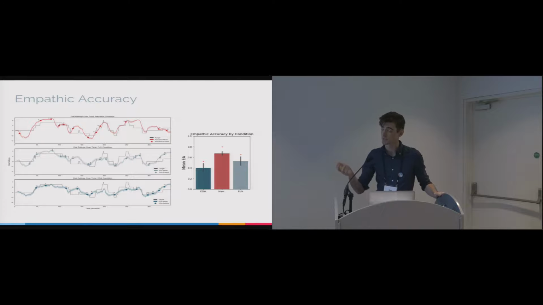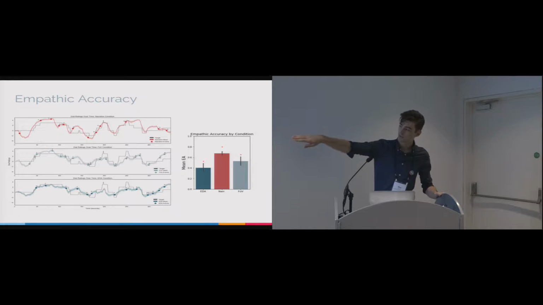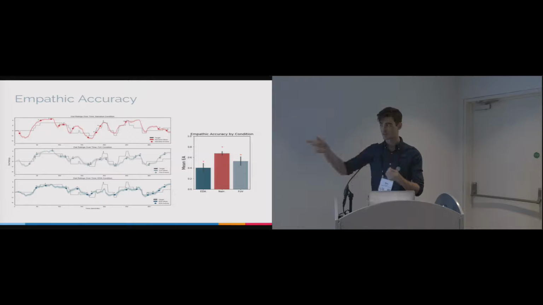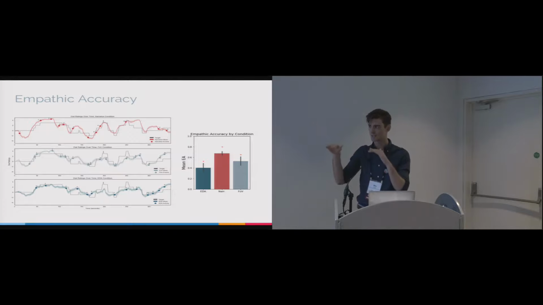The narration condition was clearly the highest. That red line follows the jagged line pretty well. Interestingly, the EDA graph at the bottom there, you can see it avoids the extremes more. And we heard in the interviews that the EDA information made people second guess what they thought the target was feeling. I think one of the ways we might see that manifest is that you avoid labeling something as really negative or really positive by staying around neutral.